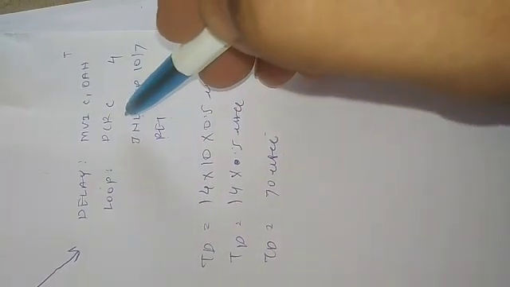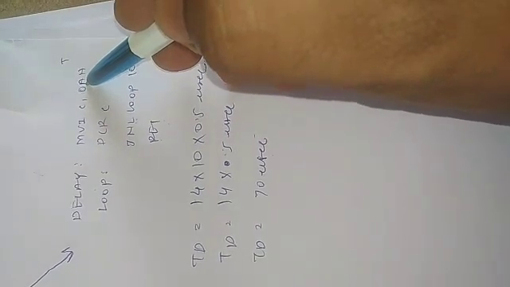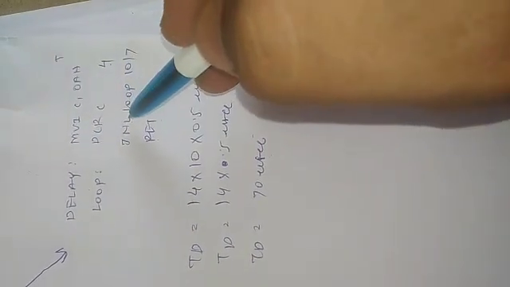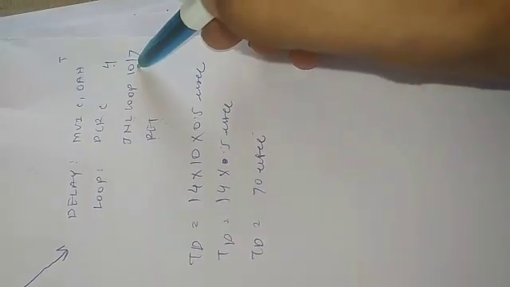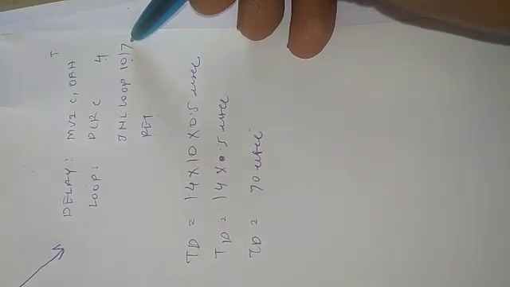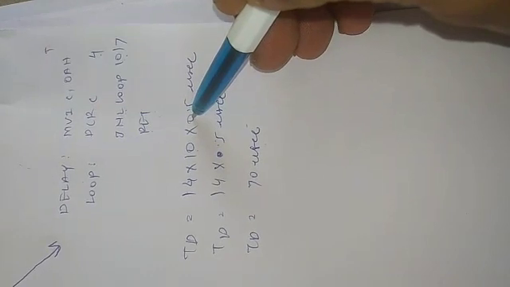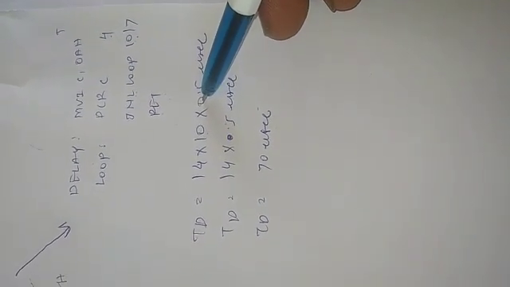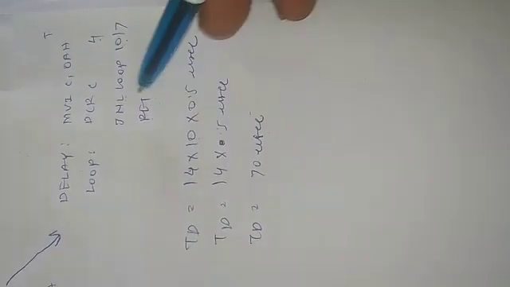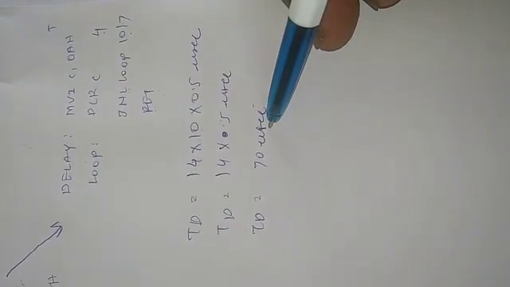This particular delay subroutine, these two instructions, DCR C and JNZ LOOP, form the loop. The count is 0AH, so this instruction will be repeated 10 times. T states: let's see, the T states of DCR C is 4, and jump if not zero to LOOP takes 10 T states, and when it comes out of the loop it takes 7 T states. So for calculation we are considering 4 plus 10, 14 T states over here, multiplied by the count, that is 10, multiplied by 0.5 microsecond, if the clock frequency of the 8085 is 2 megahertz. So the total delay generated by this delay subroutine is 70 microseconds.